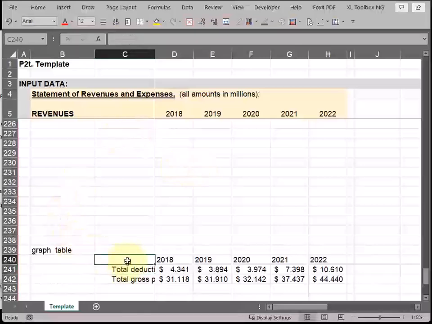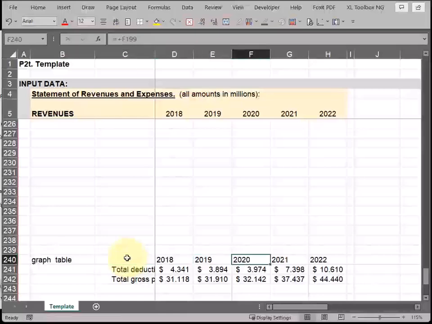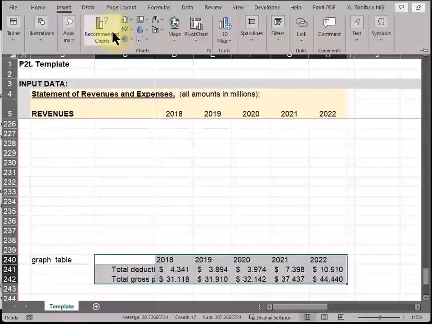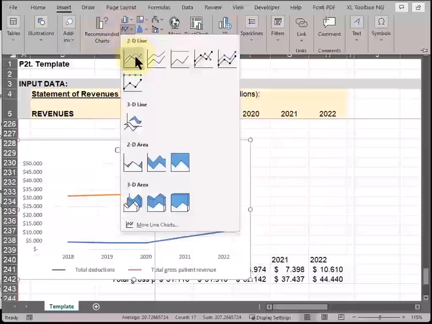Now we do have a little bit of an issue though, because there's a blank column and Excel's not going to like that. So we're going to move these over. You could just hand type if you wanted, but we're just going to move them over. And you want this cell up here, that upper left-hand corner, blank. I know it seems odd to do all this work just because Excel's fussy, but if you do it this way, blank up here, and then no spaces all around, all you have to do is highlight the entire area